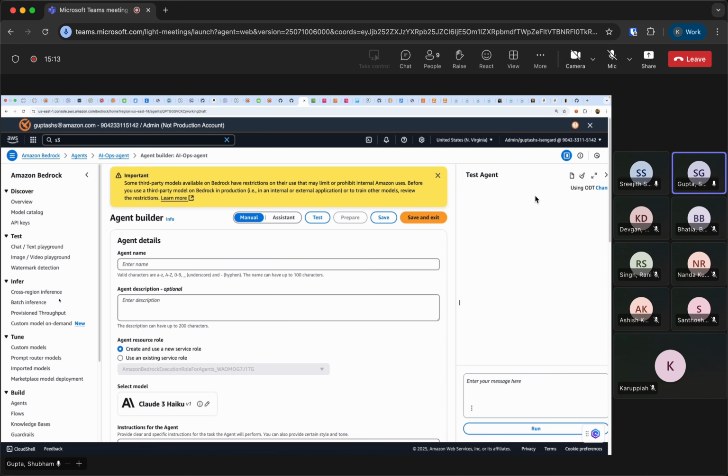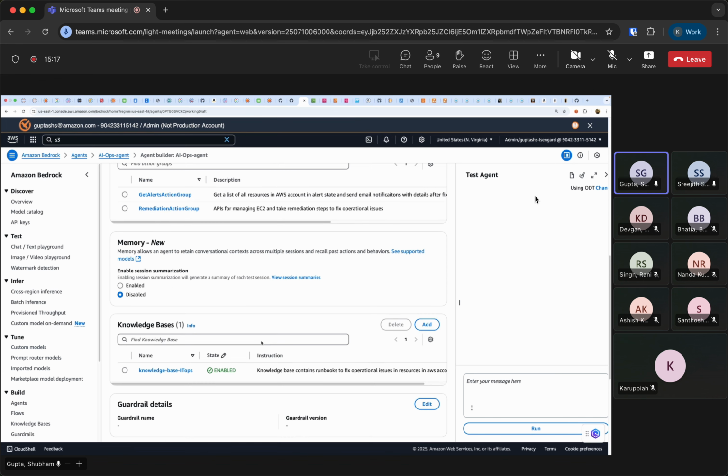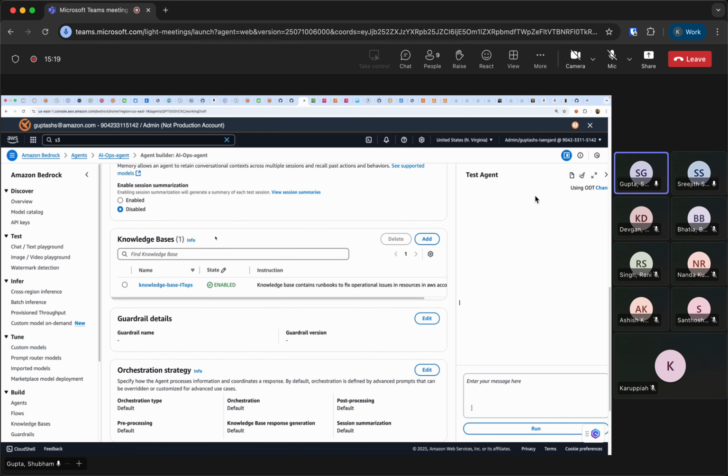There are actually many ways you can do that. If you already have some documents in S3, it supports both structured and unstructured data. If you have something already available in a vector store, you can attach that. In this case, I had some documents available in S3, so I attached those. So you have all the options, and it can be in any format. It's not necessary that they have to be structured in a particular format.